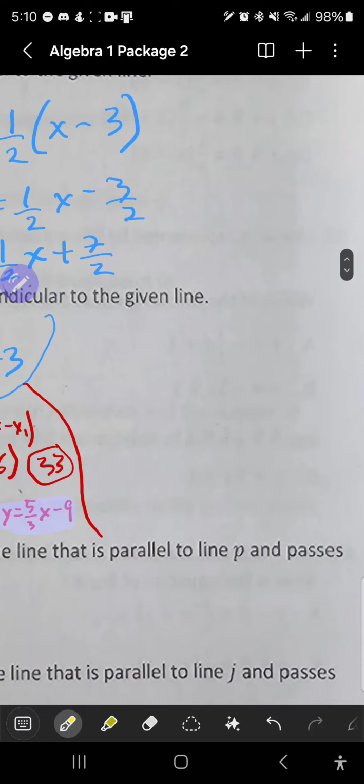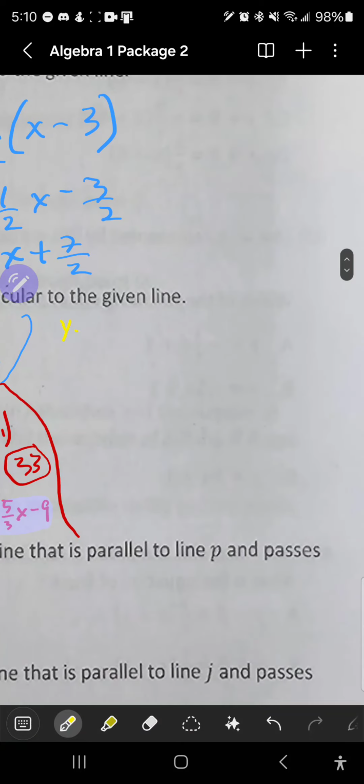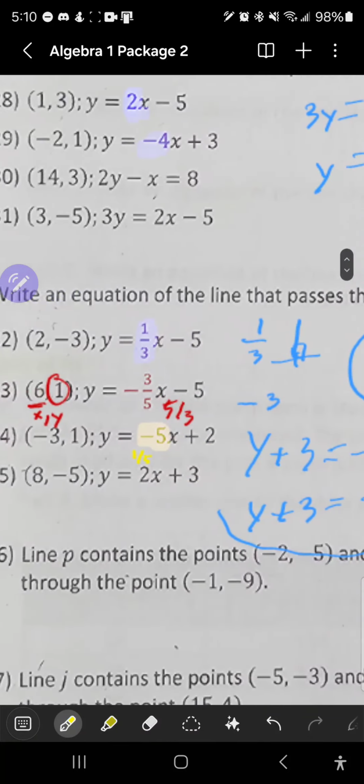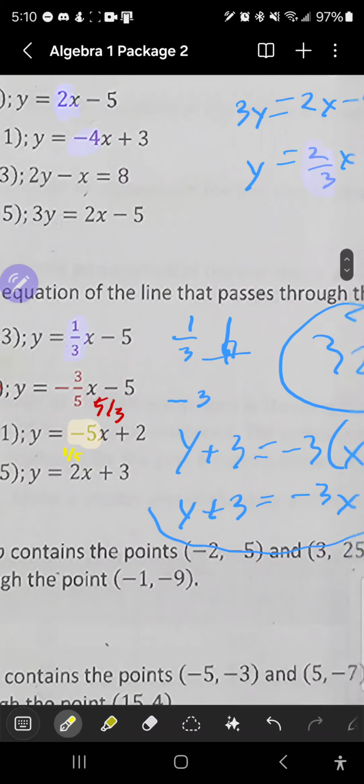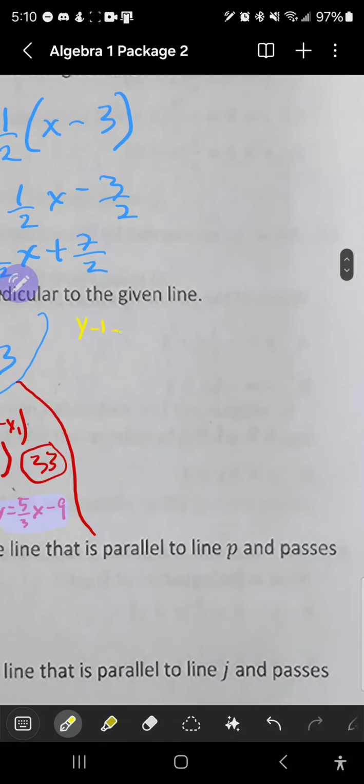So y minus 1, and then 1 over 5, and this is negative 3, okay, 1 over 5, x minus,